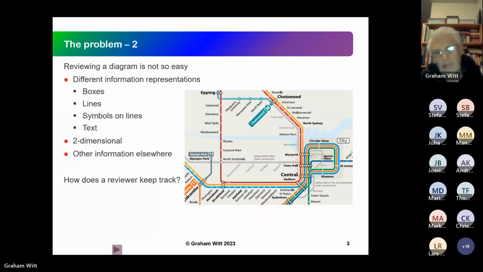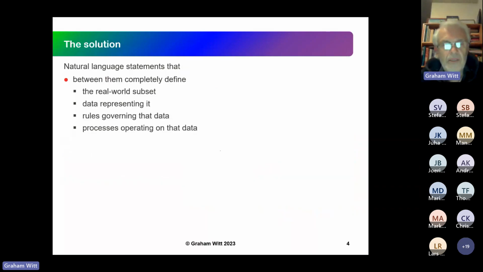So the big question is, how does a reviewer keep track? And that was my major consideration 20 years ago, as we want the reviewers to review the entire model. So how do we do that? And the solution we came up with was a series of natural language statements. I use that term advisedly because in our case it's English, but this would work perfectly well in any other Indo-European language, be it German, French,